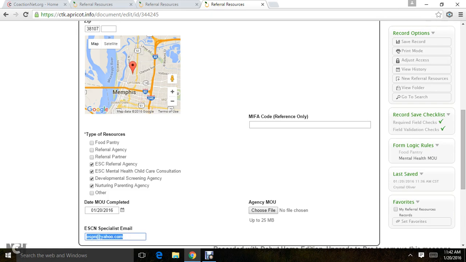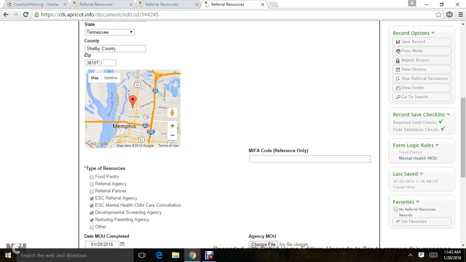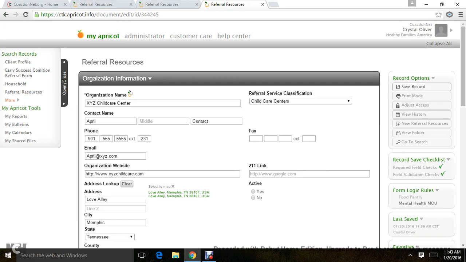A very critical thing that you must also do is put the ESCN specialist, or even the nurturing parenting specialist, whoever is working with this organization. Their email must go here so that you can get copied on certain emails, especially with the ESC referral. You need to get copied, and this is how we know what your email address is, by going to this screen. Once you've completed all of the fields in this screen, you press Save Record